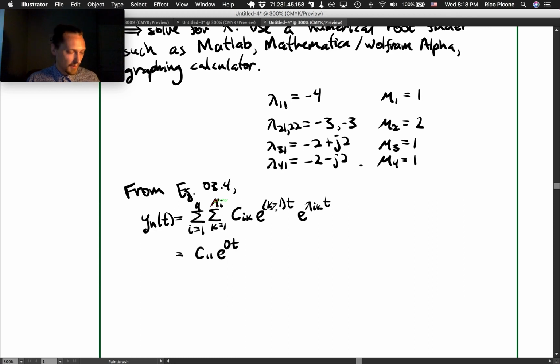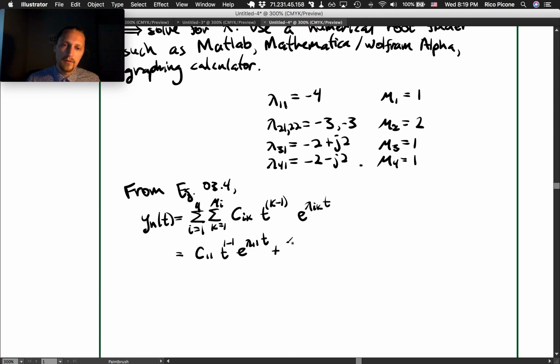Oh, pardon me. I have made this horrible mistake. This is not e raised to the power. It's t raised to the power of k minus 1, right? It's not bad. So we don't have this. We have t raised to the power of k minus 1, in this case 1 minus 1, or 0. And then we've got, plus, oh no, not plus yet, e to the lambda 1,1 t, plus,